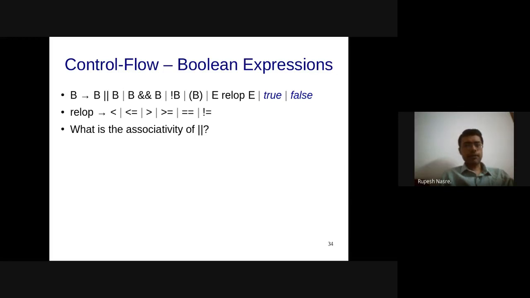Okay, so people are saying left. Right. So I have not specified the associativity at all, and that means that you can have two expression trees corresponding to OR and therefore it is ambiguous.